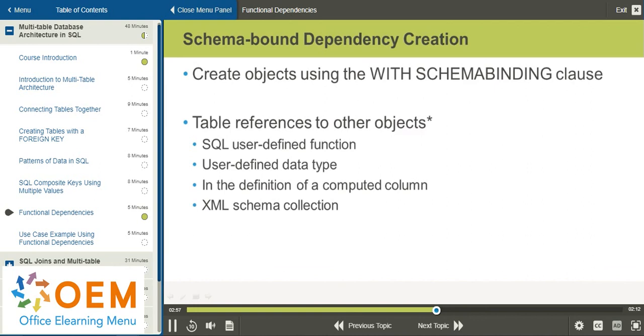Now, tables, I will tell you, tables are the most commonly referenced objects